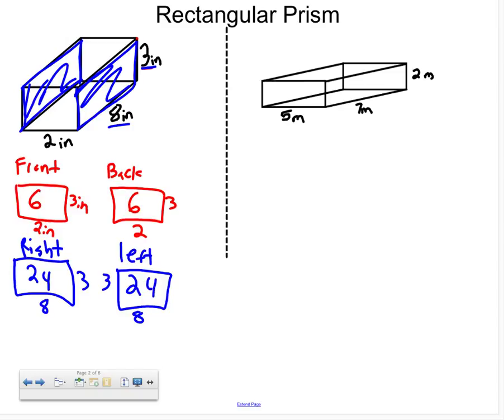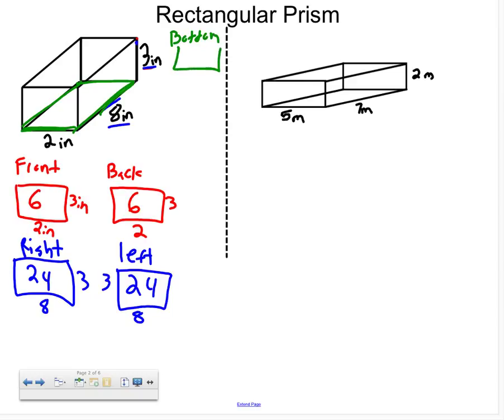Now you can probably guess what's going to happen with the top and the bottom, but just to be sure and to be clear, let's look at how the top and bottom shapes go together. Because we've had 2 repetitions so far, probably likely we're going to have a third one here. Let's look at the bottom. The bottom is a 2 by 8 rectangle. So if I were to draw that up top here, so the bottom